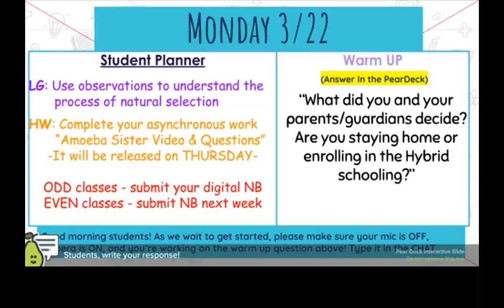So make sure though that if you are one that wants to be in person, that you definitely submit your choice by 6 p.m. tonight. Otherwise, it's locked. You can't add in. If you didn't get an email, I highly suggest that you call the front office. Not right now, but maybe in between third and fifth or right after fifth period, call the front office and they will have more guidance on that because they're the ones that send it out.